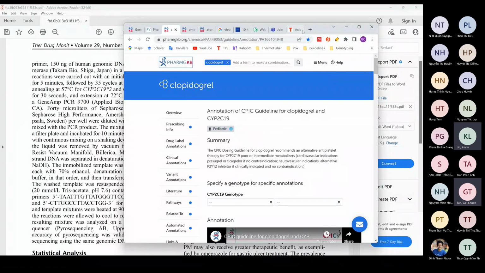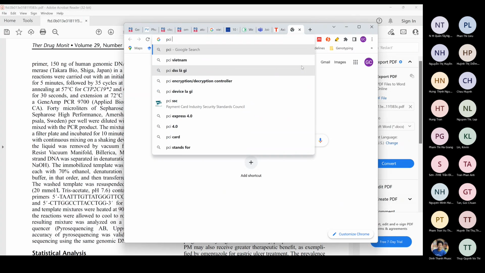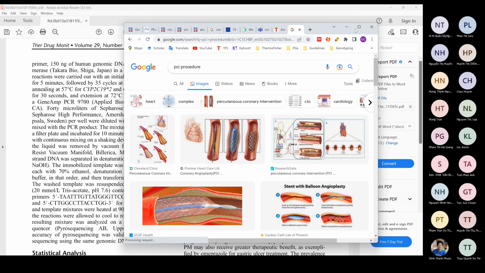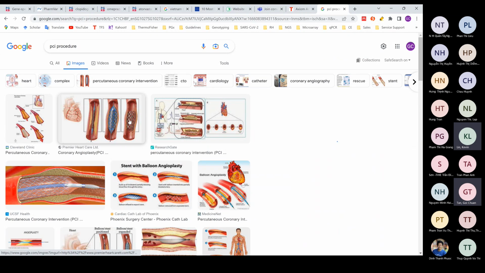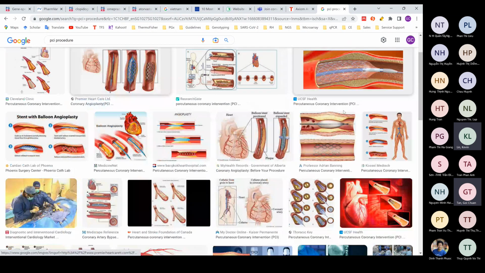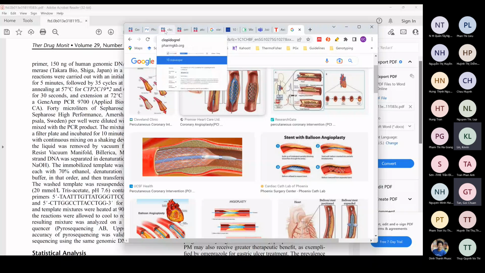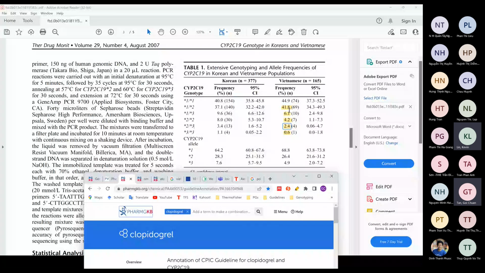Clopidogrel is an anti-platelet agent. You know this PCI? Let's say I like to eat a lot of pork, and over time I build up cholesterol, and then it blocks the blood vessel, right? Then you need to do this procedure, PCI. And usually after the PCI, one of the most common drugs you always need to take is clopidogrel. It's an anti-platelet agent. And with this percentage of the Vietnamese population that carry at least one loss of function allele,